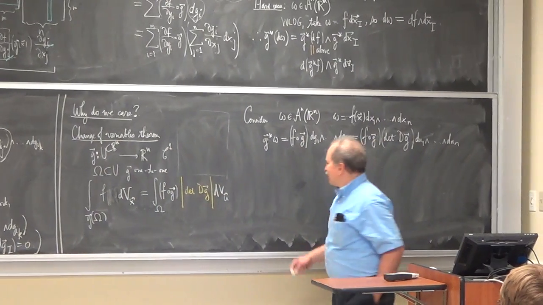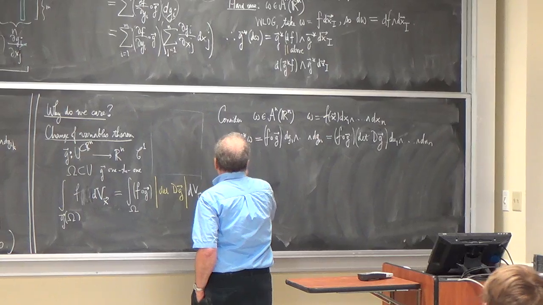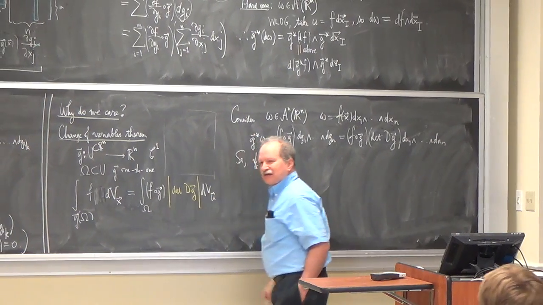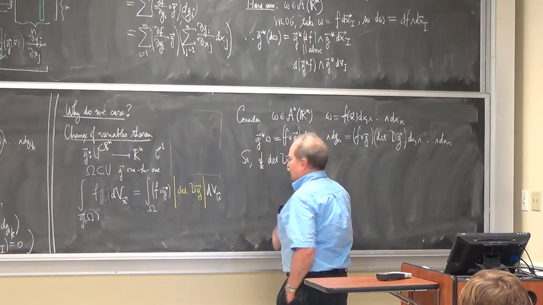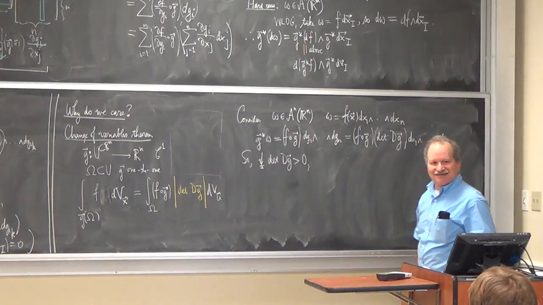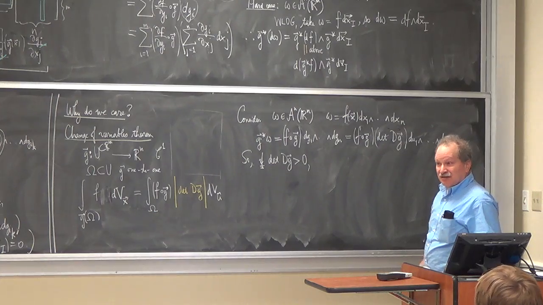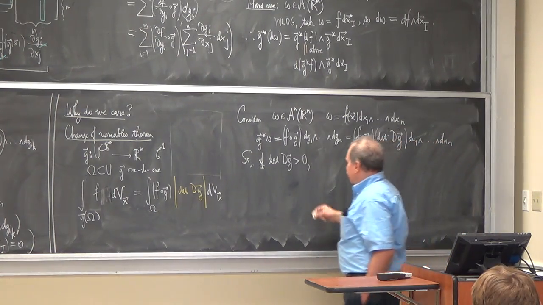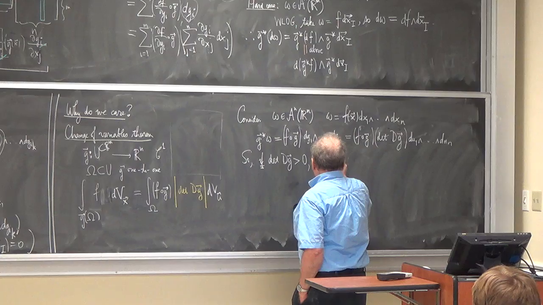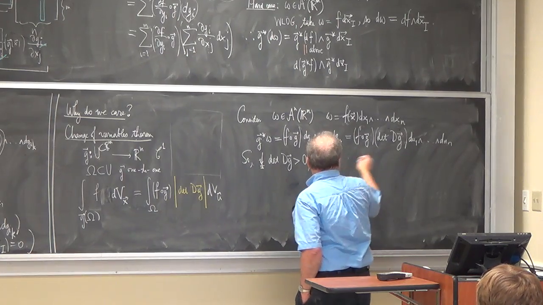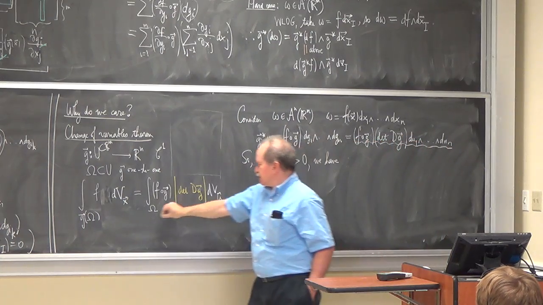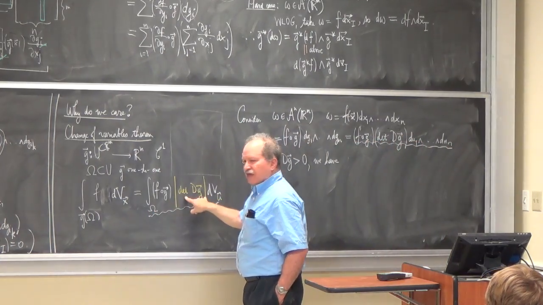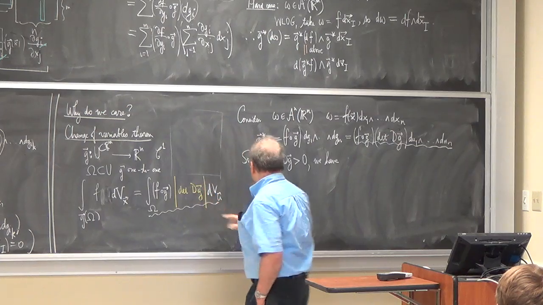So if the determinant of dg is positive, then I can ignore the absolute value bars. Agreed? This is looking like it's matching this if I forget the absolute value bars,